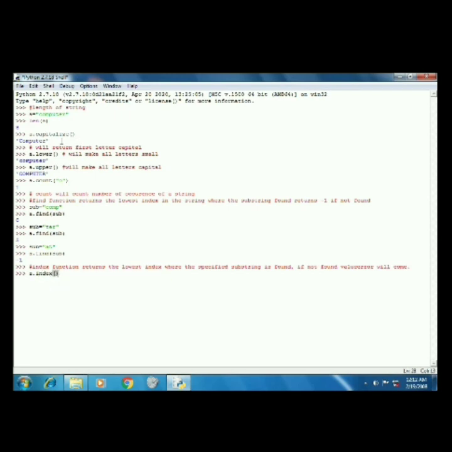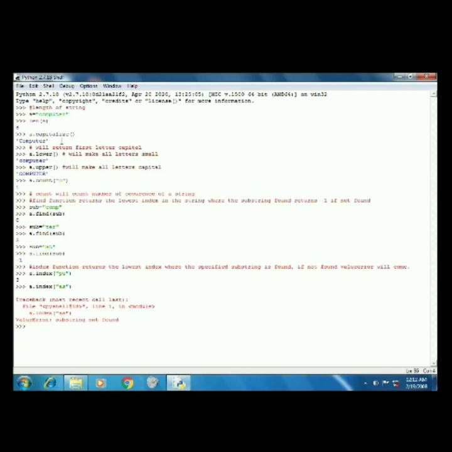In computer, PU is at index 3. a.index(PU) will return 3. a.index(AS), because AS is not there in the string, will give value error, substring not found.